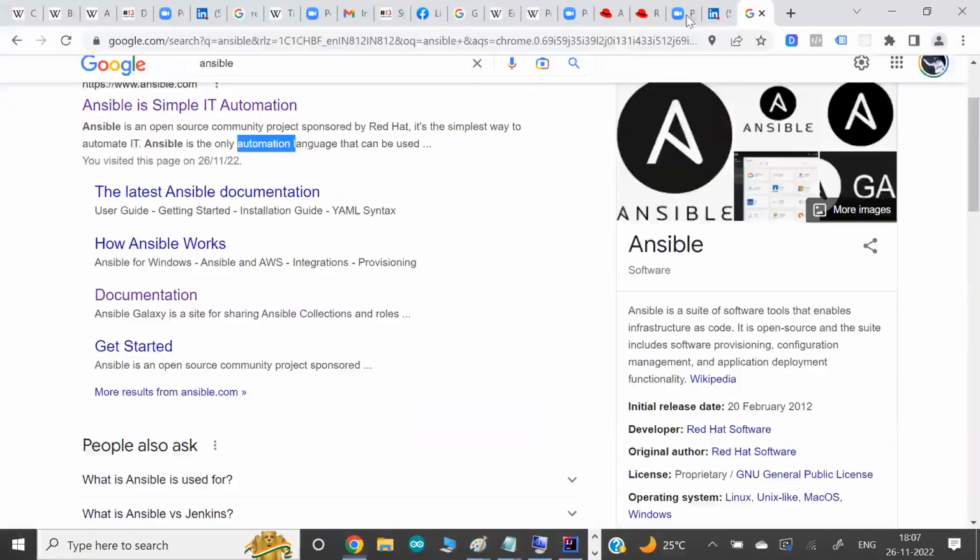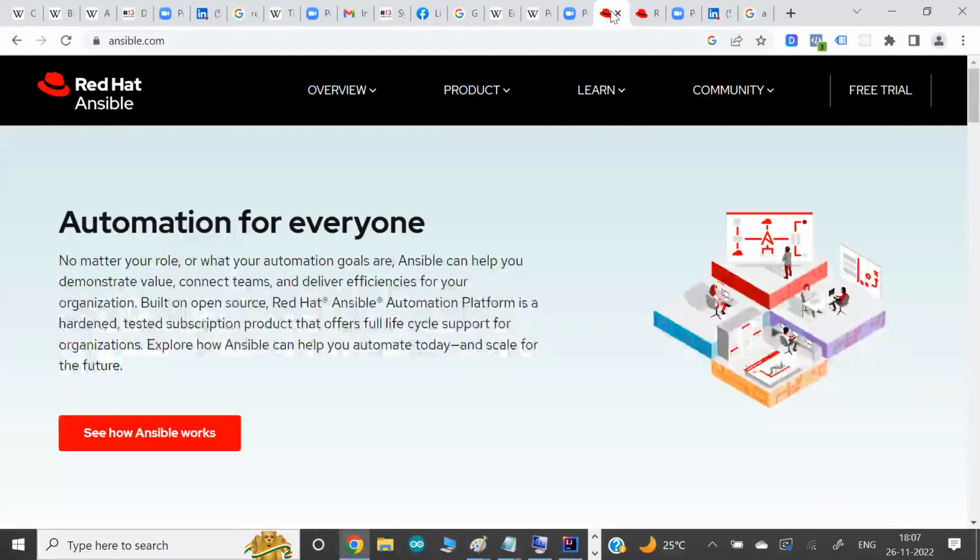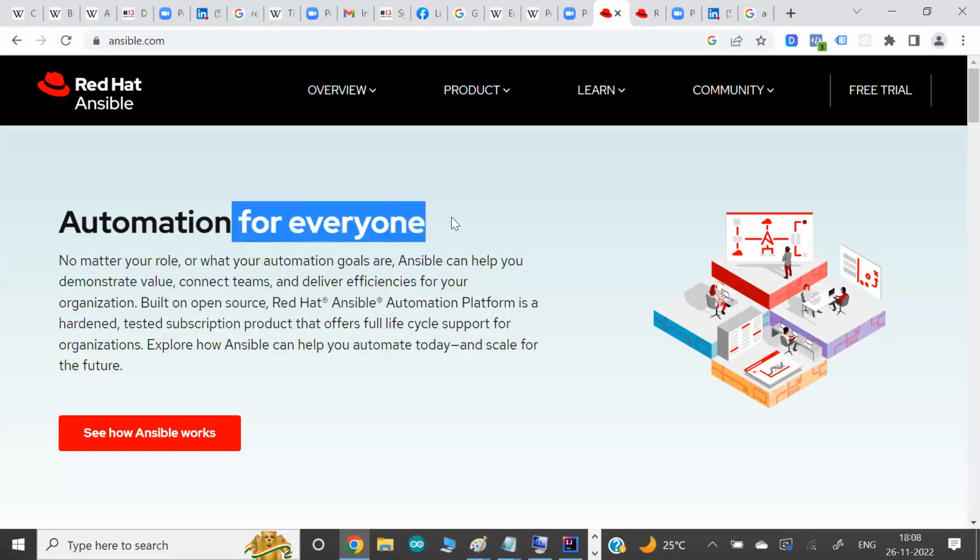That is the reason if you see the Ansible official website, ansible.com, it is an automation tool for everything and everyone.